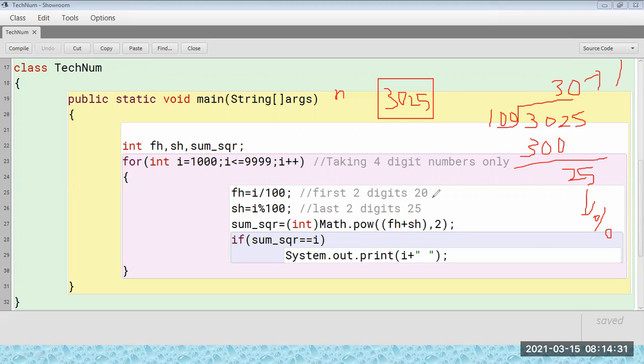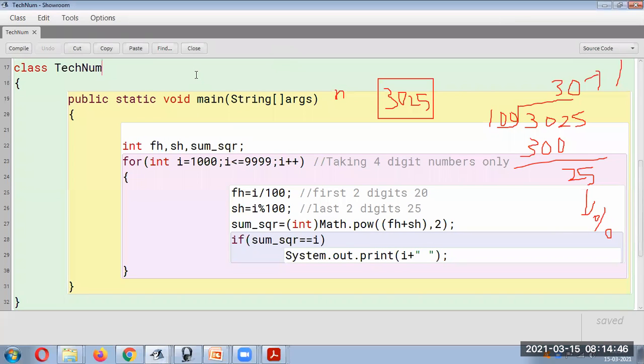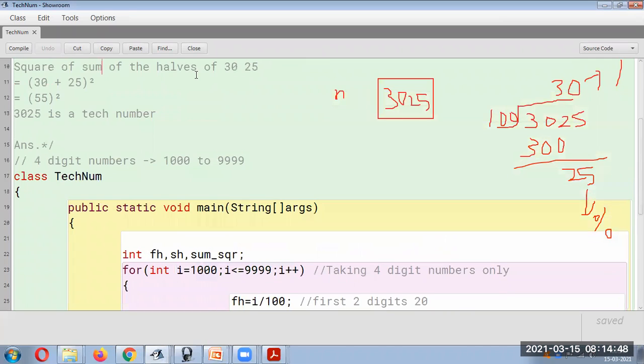So if you divide by 100, you will get the first two digits, and you will get the last two digits. Then you have to simply do what? The logic is you have to add after dividing into two parts. You have to add them and take the square.